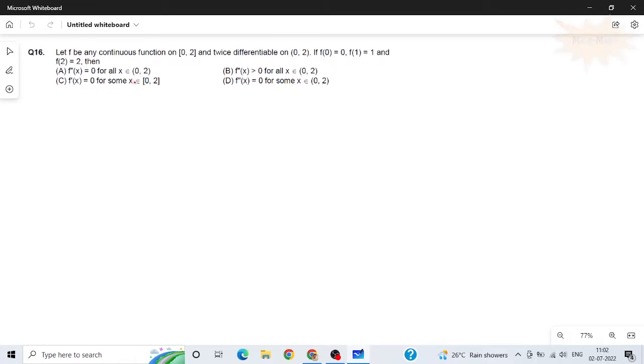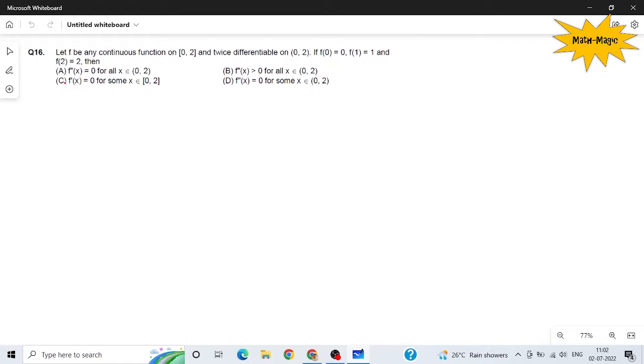Friends, let's solve this problem. Let f be any continuous function on the closed interval [0, 2] and twice differentiable on the open interval (0, 2). If f(0) is 0, f(1) is 1 and f(2) is 2, then there are